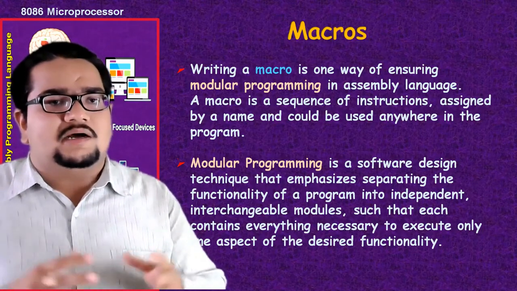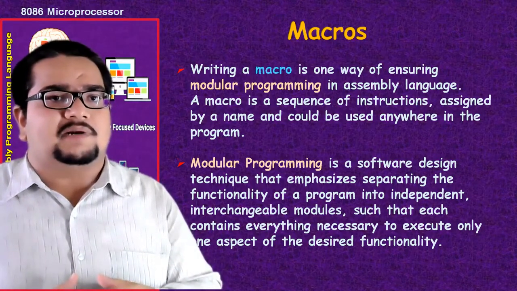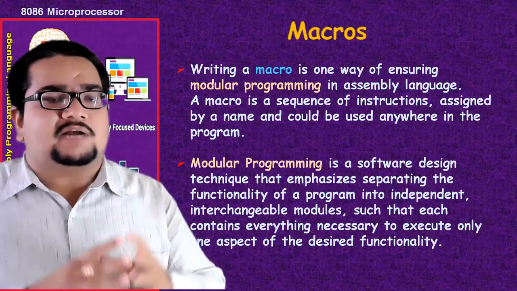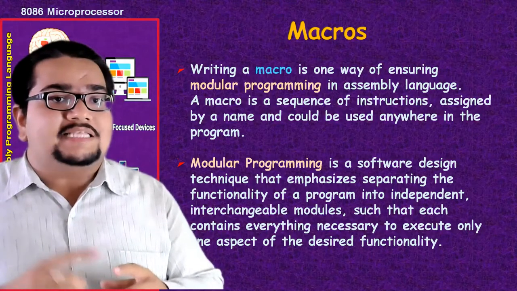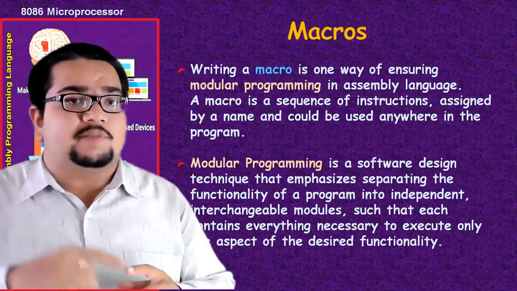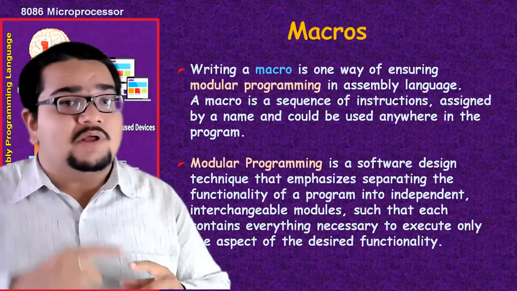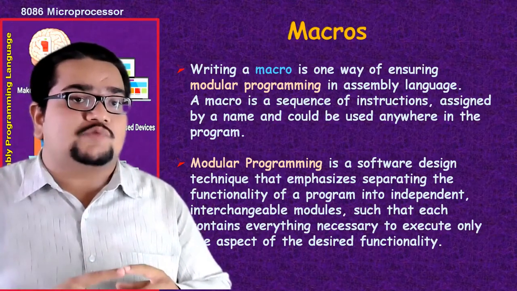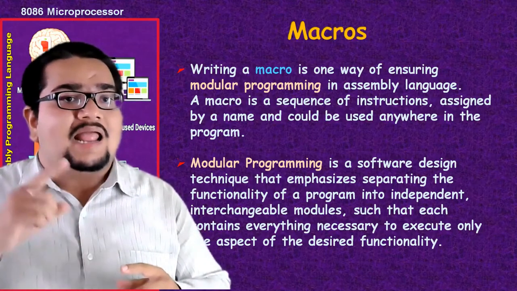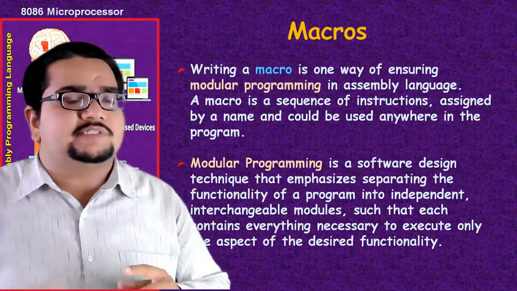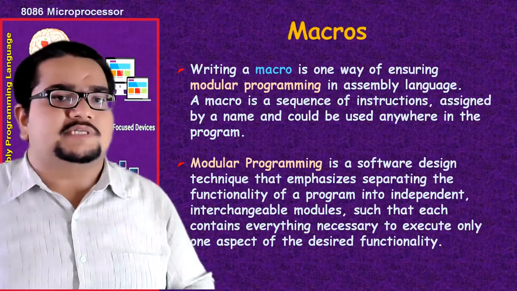Generally, macros are used for a shorter number of instructions that are to be repeated, and procedures are chosen for repeating a larger number of instructions multiple times. In that case, we write them at one place, and that becomes a procedure. When we call a procedure, instead of copy pasting the procedure instructions into the main program, the program execution flow breaks from the main program and goes to the procedure, as it generally does for subroutines. It executes the instructions of the procedure, and on finding the end of the procedure, it comes back to the main program. That is about macros and procedures.